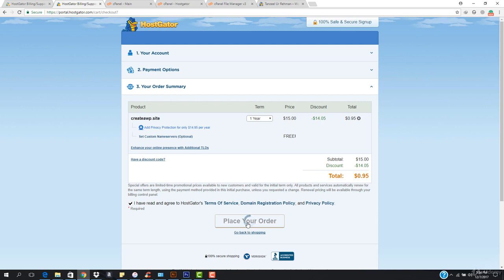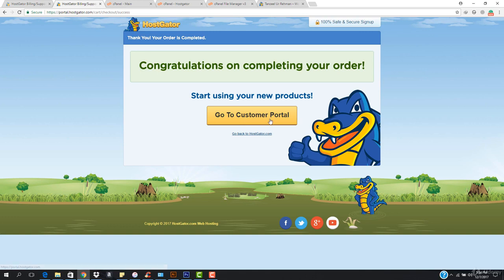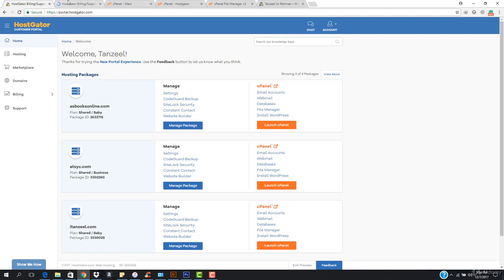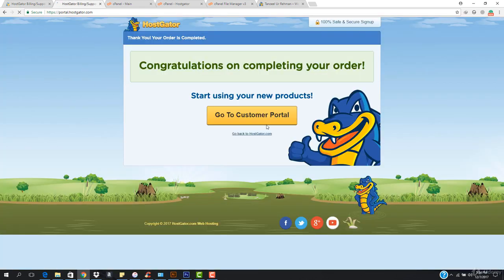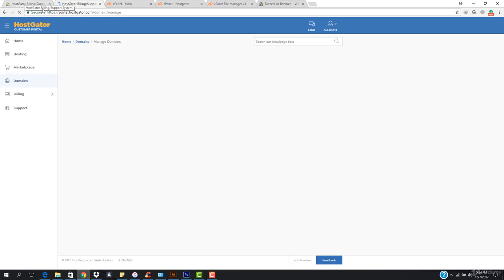So now you will see that a new order will be placed, and then I'm just gonna go to the customer portal, and then I can assign that domain name to this hosting package, so that I can manage it. I'm just gonna come here, and here I want to go to domain name. Okay, so in the domain name, I want to manage my domain name, and I want to assign that domain name to that hosting package. So let's see, how can we manage? Let's come here,